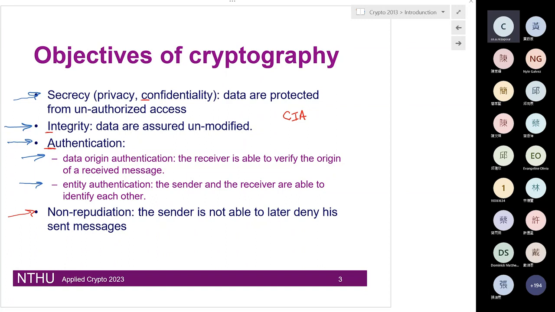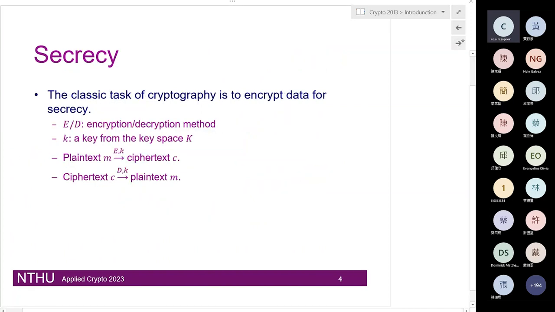So this is a very specific objective, and sometimes we want to have it in some systems. So sometimes we can add objective number 4, and that is non-repudiation. I think we will have some examples. I don't want to expand more on this. I think with your examples, it will be easier to understand it. All right, with that being said,